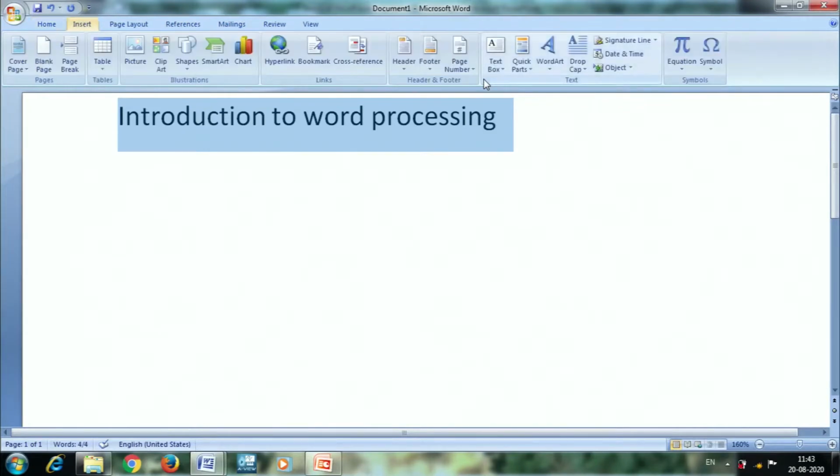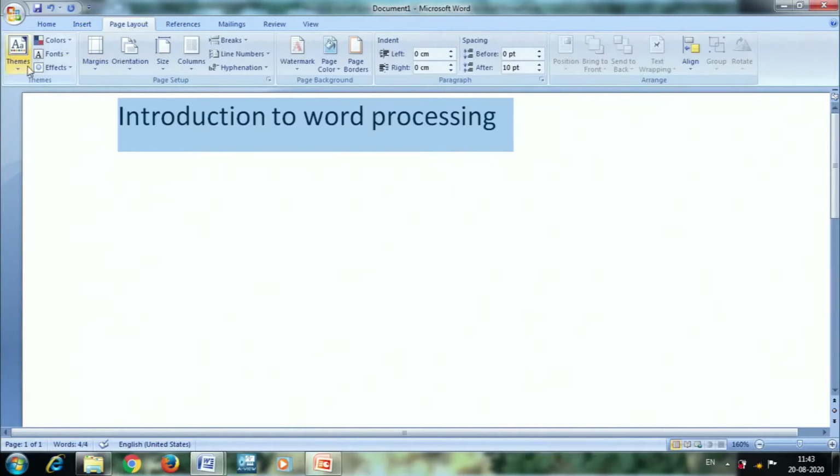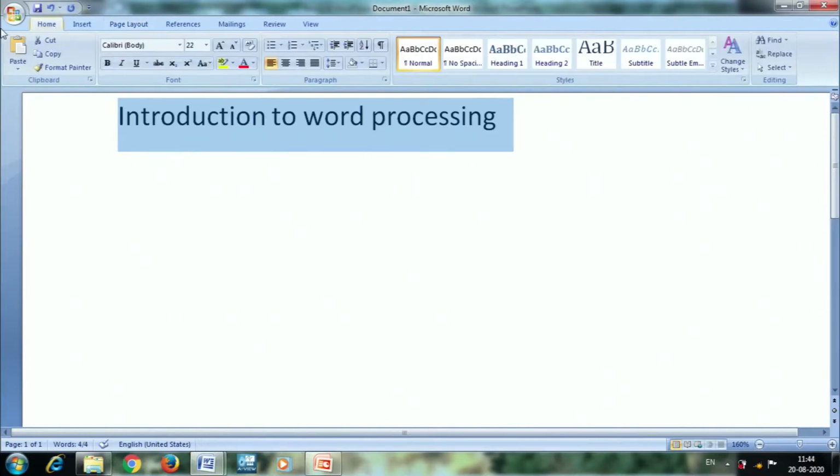If I click on Insert, you will see it shows Cover Page, Blank Page, Page Break, Table, Picture, Clipboard, Shape, SmartArt, Chart. So here the options are different. If I click on Page Layout, the options will be totally different. Depending upon my work, I have to choose the corresponding menu.